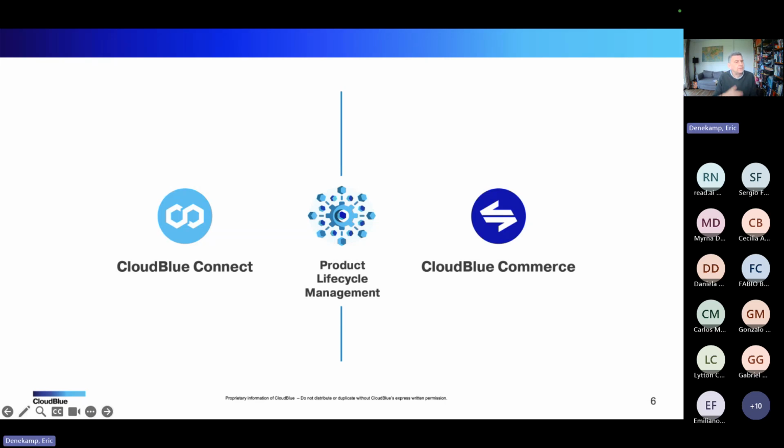Product lifecycle management, or as in the rest of this training, I will call it PLM, is a separate microservice. It's a separate microservice with its own release cycle. This PLM component is available since Commerce 20.5, so it is available on 20.5 and all version 21s that are there, and there is no specific dependency for the rest of a Connect release.